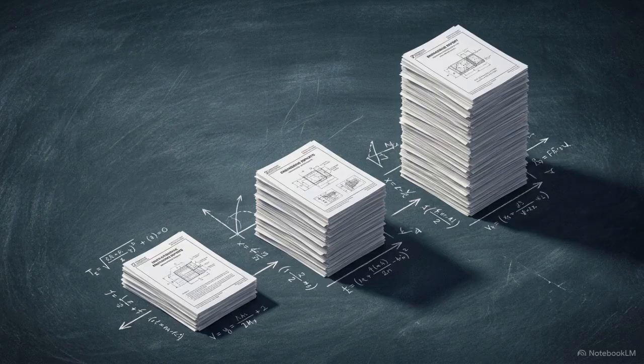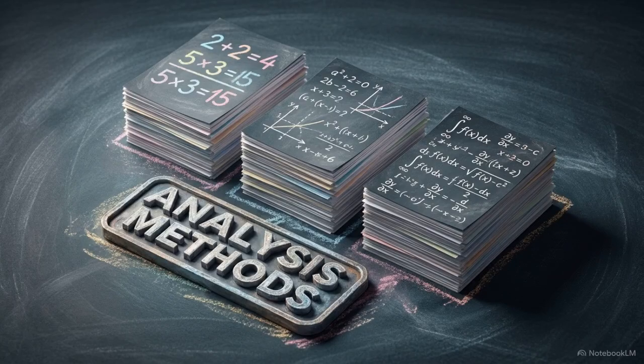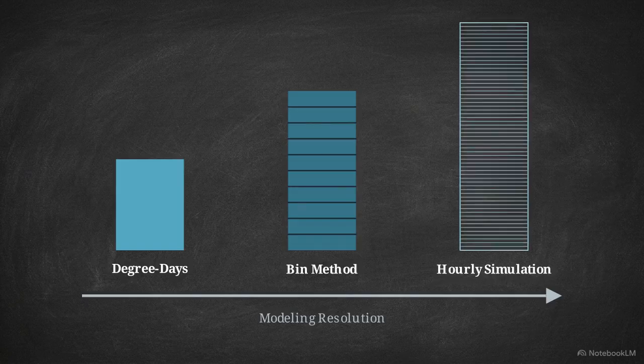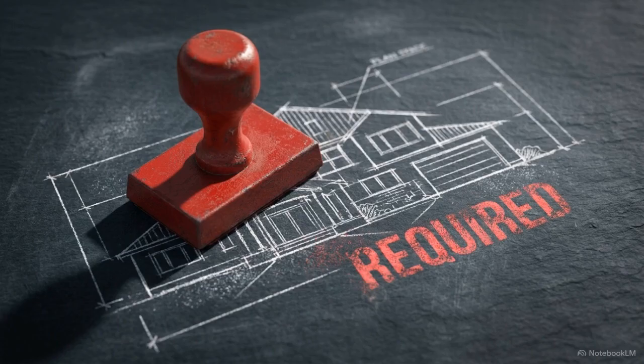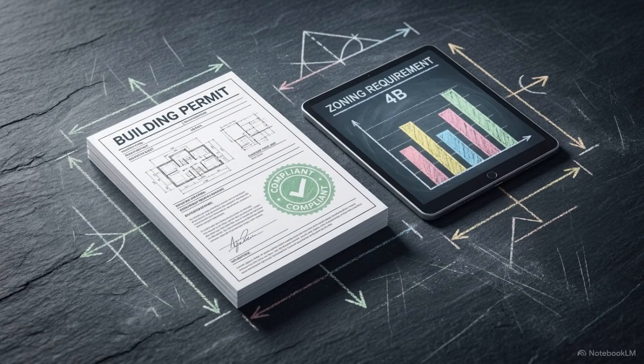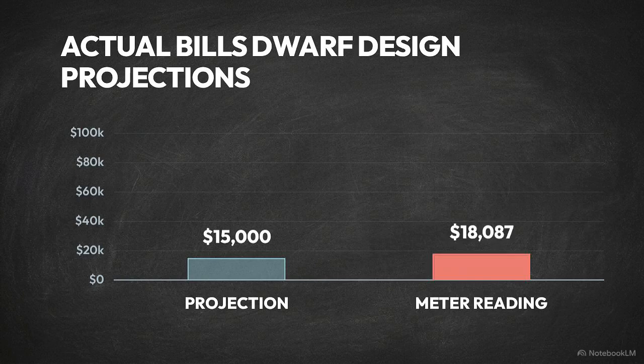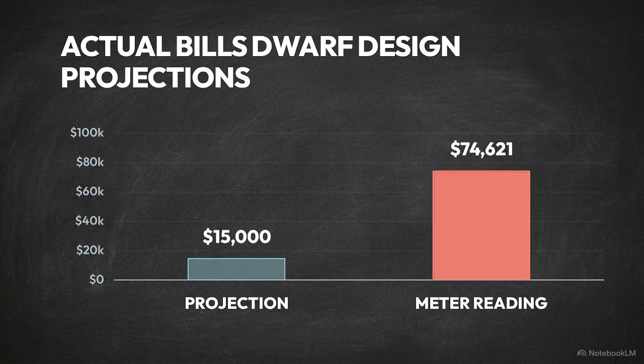Predicting how much energy a building consumes requires matching the calculation method to the building's complexity. This means navigating three distinct tiers of resolution: degree days, the bin method, and hourly simulation. Selecting the right tier is increasingly mandatory. Many building codes now require detailed energy analysis to prove compliance with performance goals before a municipality will issue a permit. Using an inadequate tier of modeling produces a massive discrepancy between a design's theoretical goals and the actual energy